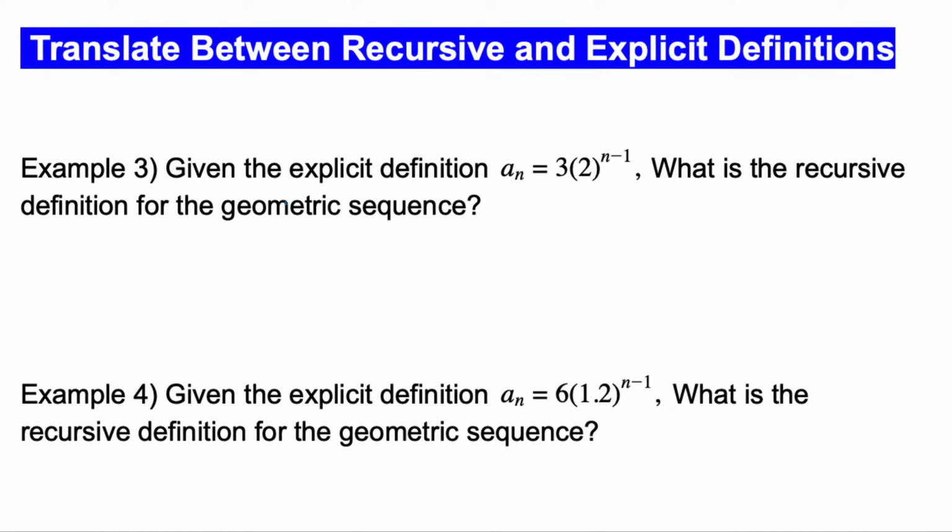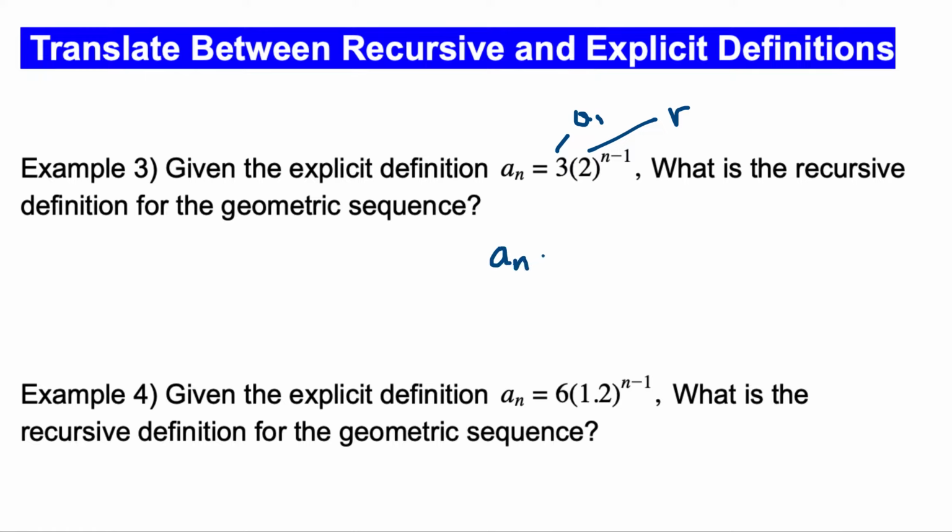Now let's go here, when we have the explicit definition, and what is the recursive definition for the geometric sequences? We already know this 3 signifies the first term, a1, and this number 2 signifies the common ratio r, and we already saw there